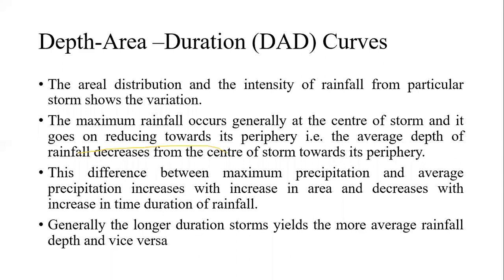म्हणजे त्याचा अर्थ काय की 24 तास किंवा 2 दिवस म्हणजे 48 hours जर का पाऊस पडला तर त्या पावसामुळे जे एव्हरेज प्रेसिपिटेशन होणार आहे ते एव्हरेज प्रेसिपिटेशनचं मॅग्निट्यूड हे जास्त असणार आहे, त्याच्यापेक्षा कमी ड्युरेशनच्या प्रेसिपिटेशन मुळे होणाऱ्या डेप्थ पेक्षा, isn't it? आणि व्हाईस वर्सा, म्हणजे व्हाईस वर्सा म्हणजे रिव्हर्स कंडिशन राहणार, म्हणजे की शॉर्टर ड्युरेशनचा जर का पाऊस पडला, स्टॉर्म पडली, तर त्या ठिकाणी मिळणारे जे एव्हरेज प्रेसिपिटेशन आहे ते कमी असणार आहे.